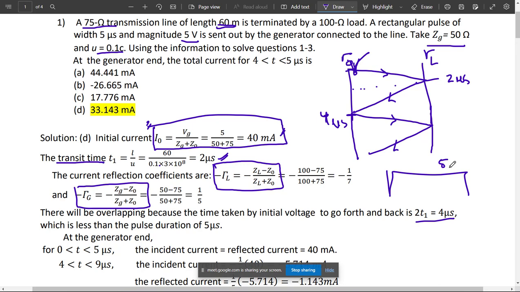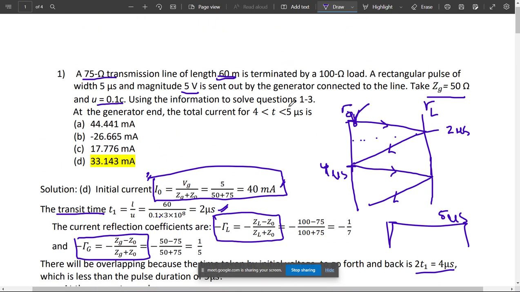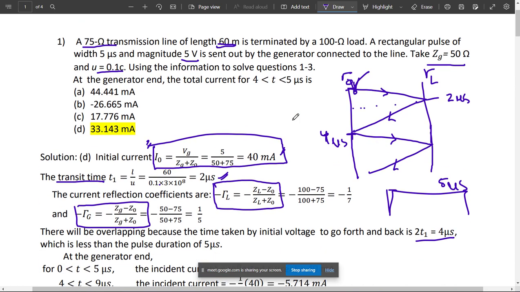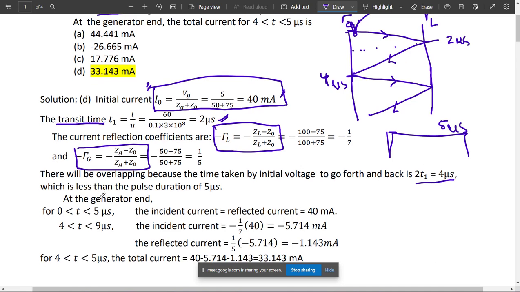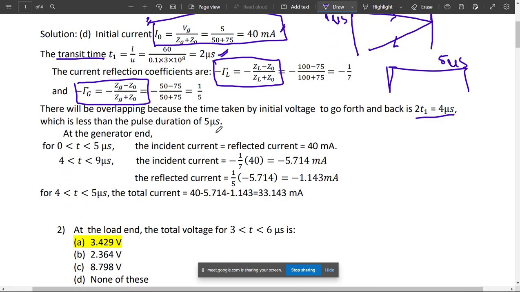The pulse duration is 5 microseconds, but there will be overlap, right? Because the voltage at the generator end, the travel time 2t1 is 4 microseconds, which is less than the pulse duration. So at the generator end, what will happen is